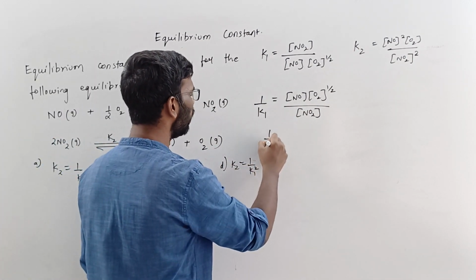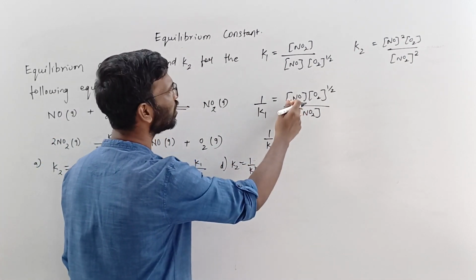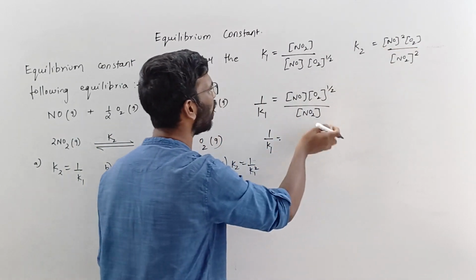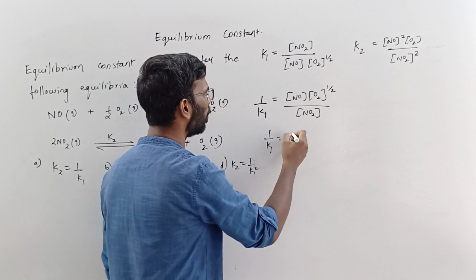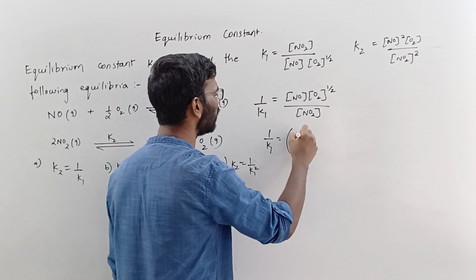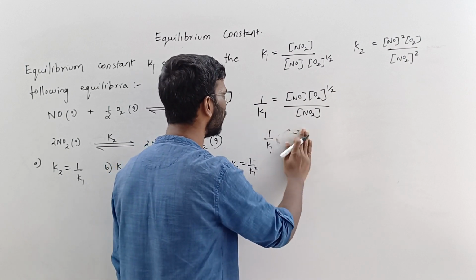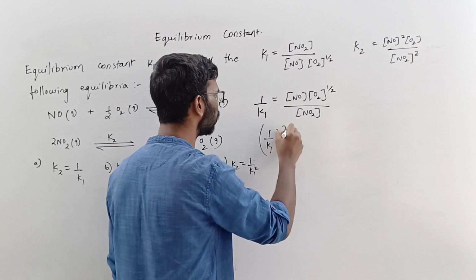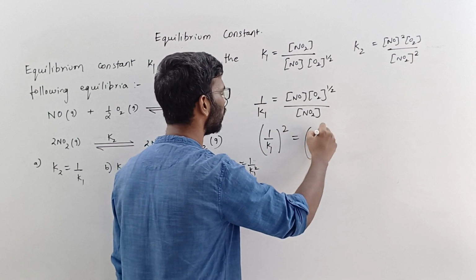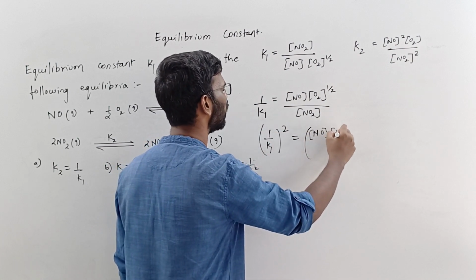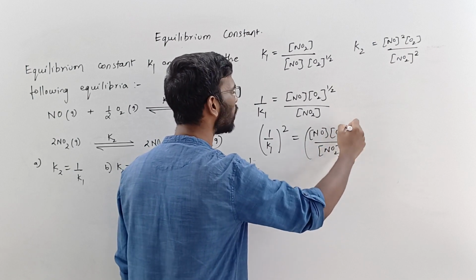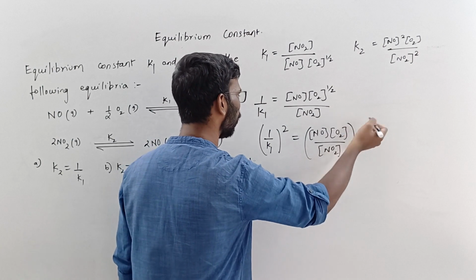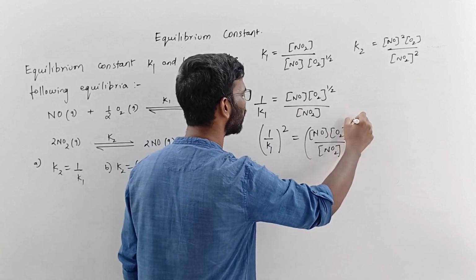Now here this is almost similar to this. Only thing, I want 2 over here, I want 1 over here, and I want 2 over here. So I should square this, I should square both the terms, I should square both the sides. You cannot square on one side. So this question was a mathematical approach, how to handle this mathematically.